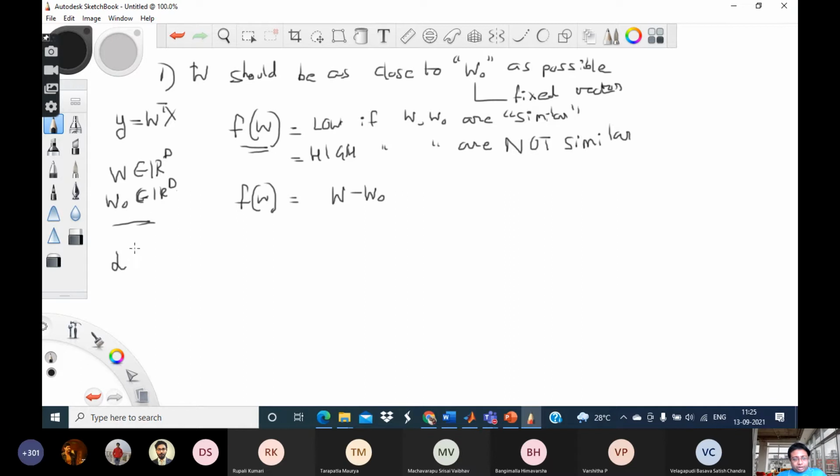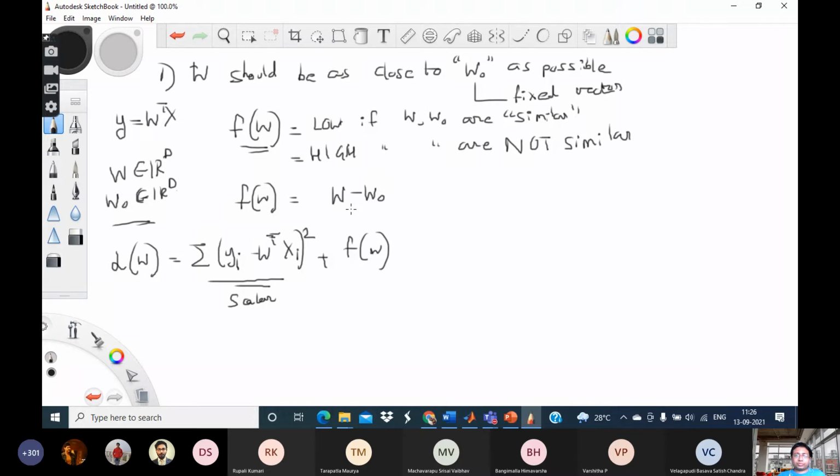But my loss function, the first part, the empirical loss function, is like this. It is yi minus w transpose xi whole square. So is this a d-dimensional vector? No, sir. What is it? Scalar. It is a scalar. So since I am adding this to fw, I cannot add a scalar and a vector, so obviously fw also has to be a scalar. So how can I make this into a scalar?